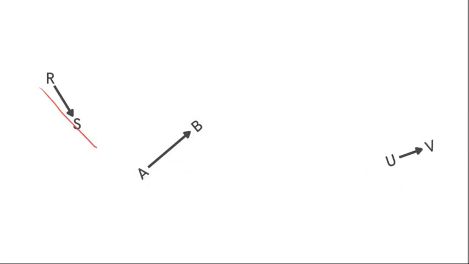Now suppose you are given three vectors, like in this case you have a vector AB, a vector RS, and a vector UV. Now take a look at the vector RS. If I move this vector in the forward direction, let us put it somewhere here. Fine, I have moved it in the parallel direction. Similarly, if I move it in this upward direction, fine, I've moved this vector so that these two vectors have the same initial point.